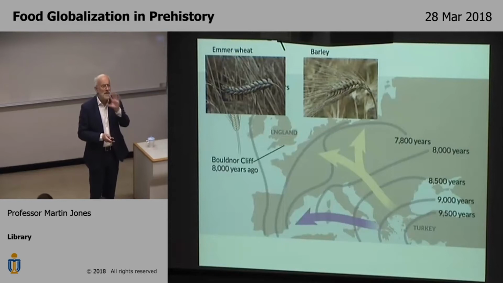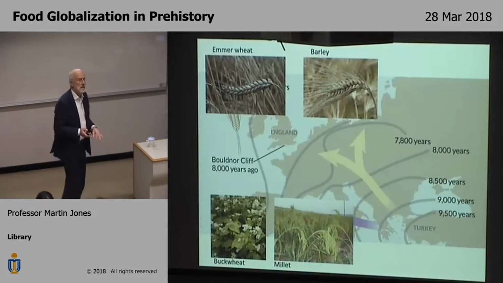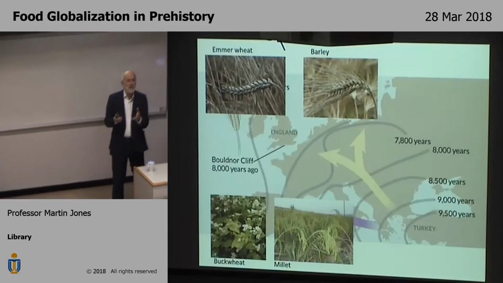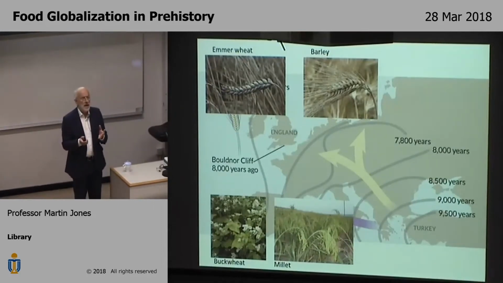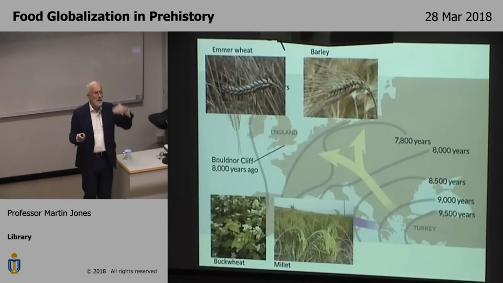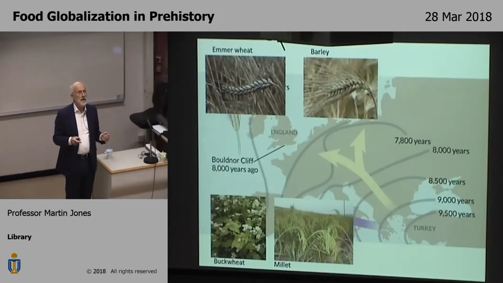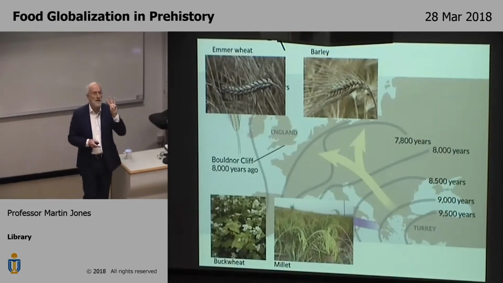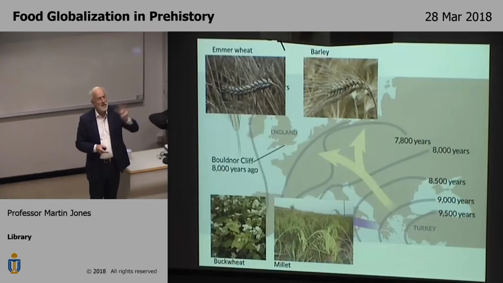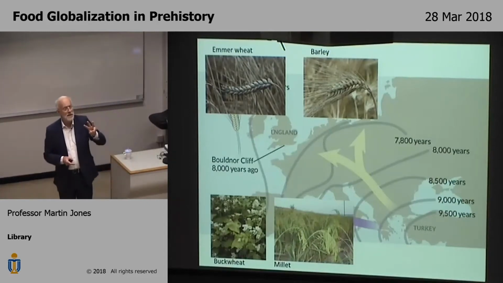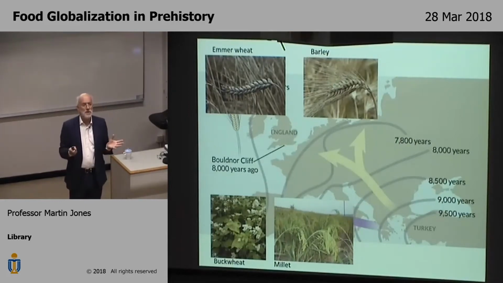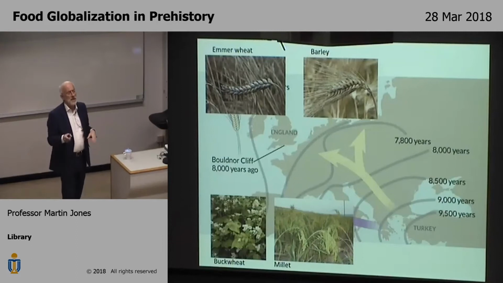The interesting thing is, amongst those crops, there were also much smaller quantities of two plants, which in each site only occurred in small numbers, and so hadn't been taken much notice of. But once one looked at a map of Europe, they were occurring in different countries in many different places. And they were two species of millet and buckwheat. And the interesting thing about those is if you asked a botanist about those taxa, they would say, well, they're essentially Chinese taxa. So in this project that had nothing to do with China, to test out genetic methods,